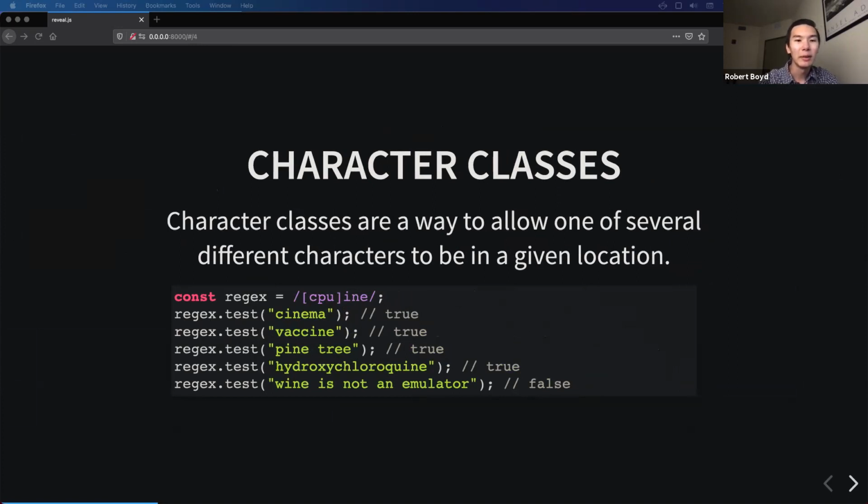And so basically what this will match is anything, it will match C, I, N, E, it'll match P, I, N, E, it'll match U, I, N, E. So anything that has that string within it, it's going to match. So notice it doesn't match